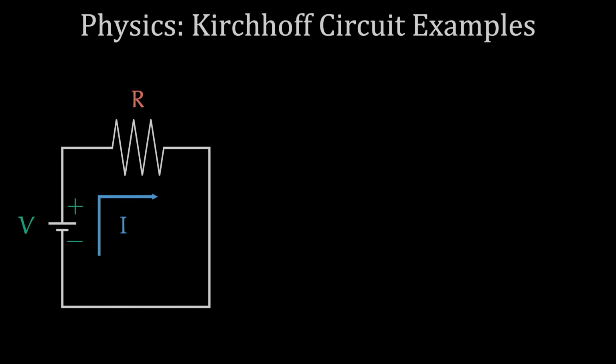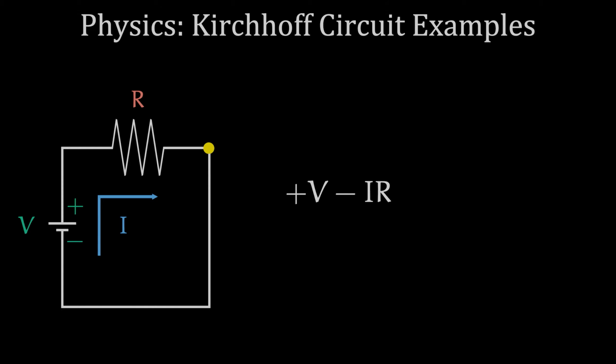To start using the loop rule, we need to pick a point in the circuit to start at. I'll use this yellow ball to indicate where we're at in our circuits. Starting at the bottom left and moving across the battery from the negative to the positive terminal, we gain a potential V. Then, moving across the resistor following the direction of presumed current, we lose potential equal to the current